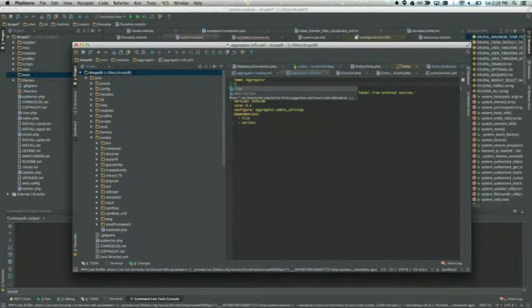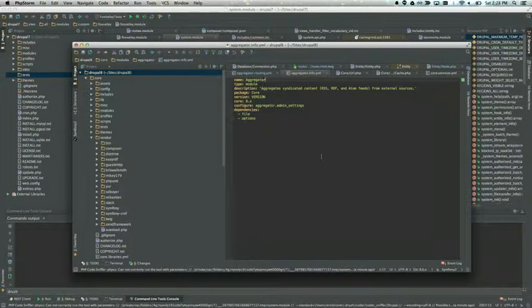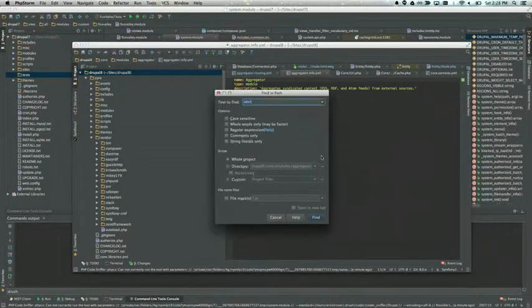If I start typing in, it'll give me all the options that are available to me. And then it also recognizes your route names as well. So a lot of times in Drupal 8, you'll see route name equals, I don't know, node.page. So if I do a search for route name,